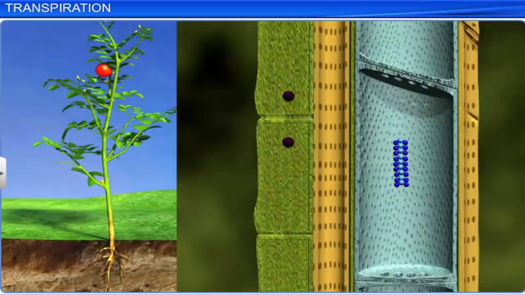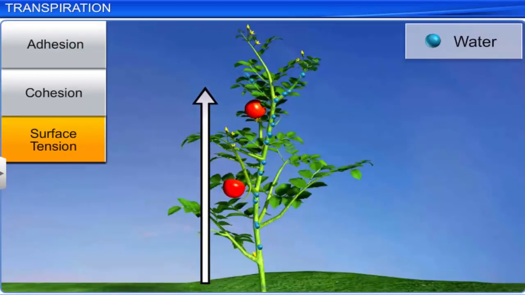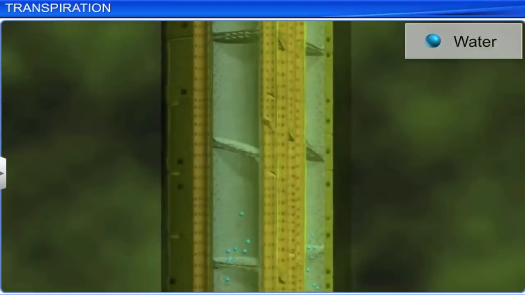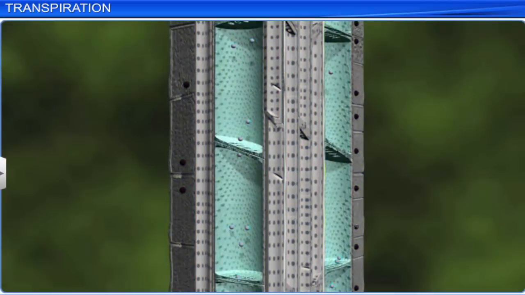Finally, surface tension is the property of water molecules to be more attracted to each other in a liquid state than in a gaseous state. Together, the properties of adhesion, cohesion, and surface tension render water with a high tensile strength. This means that water becomes capable of resisting a pulling force. Also, it gains high capillarity. Capillarity is the ability of water to rise in thin tubes, which is helped by the small diameter of the